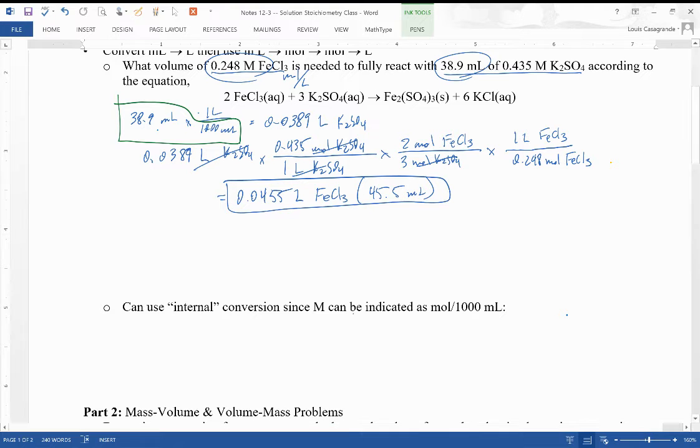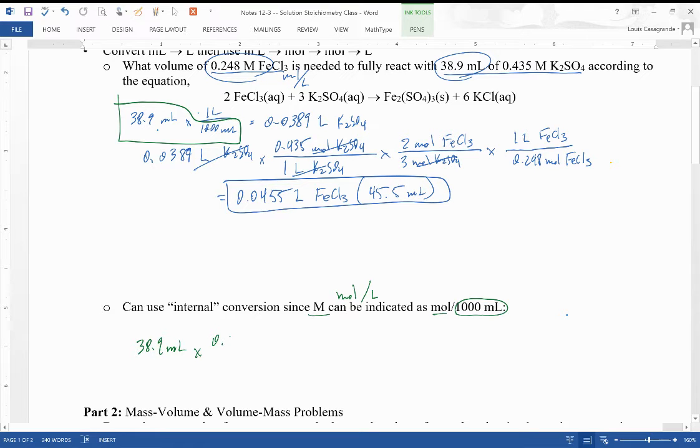Now, remember, molarity is moles per liter, but it's also moles for a solution that you have 1,000 milliliters of, because 1 liter is equal to 1,000 milliliters. So what I can do is just start with that 38.9 milliliters, and I can multiply that